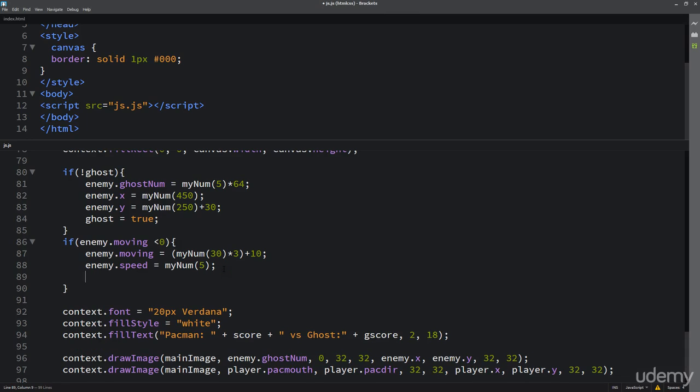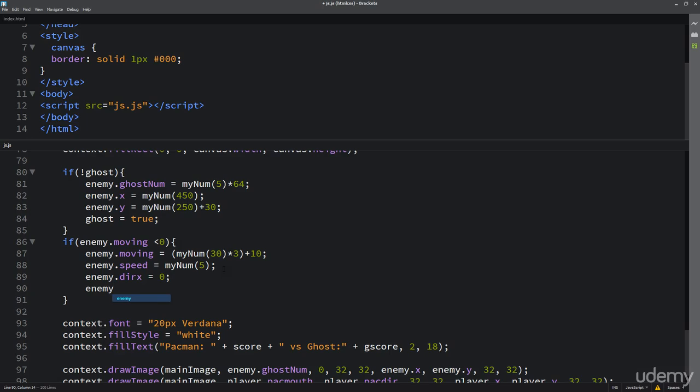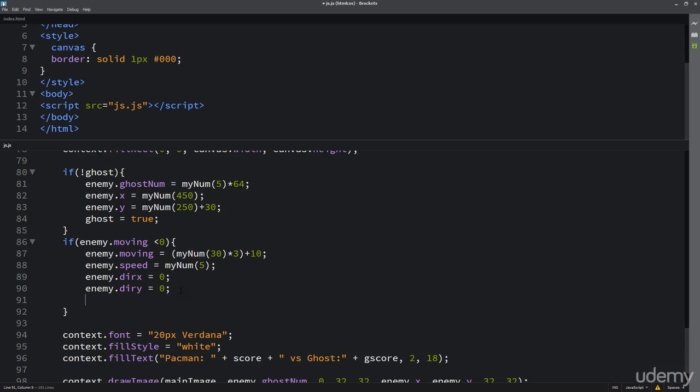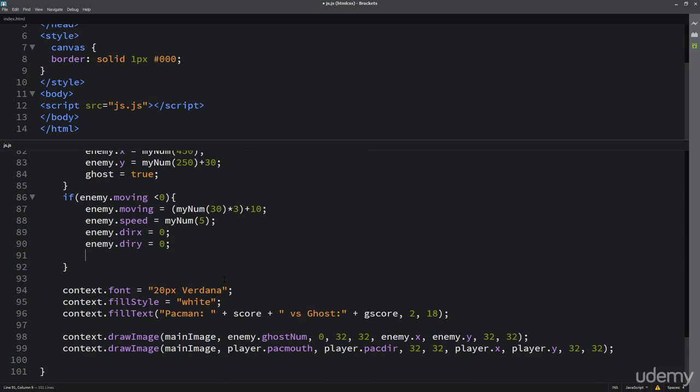And then here is where we're actually going to set directions. So I'm just going to set direction equals 0. And I'm going to do direction X and direction Y. So I'm going to set them both to 0. The reason that I wanted to do that is because going on over here, I actually want to pick out which direction he should be moving, either up or down, left and right. And the way that I'm going to do that is I'm going to take this randomly generated number that I have over here,